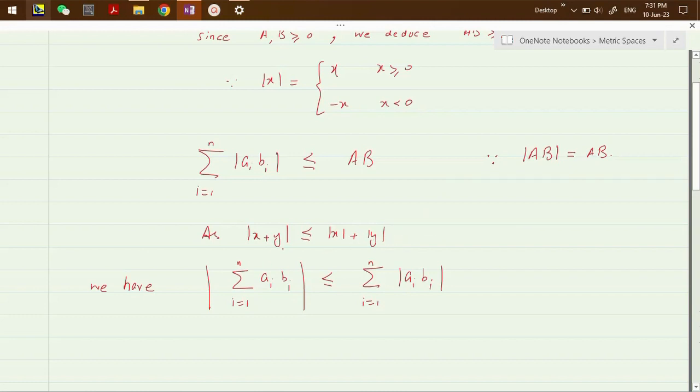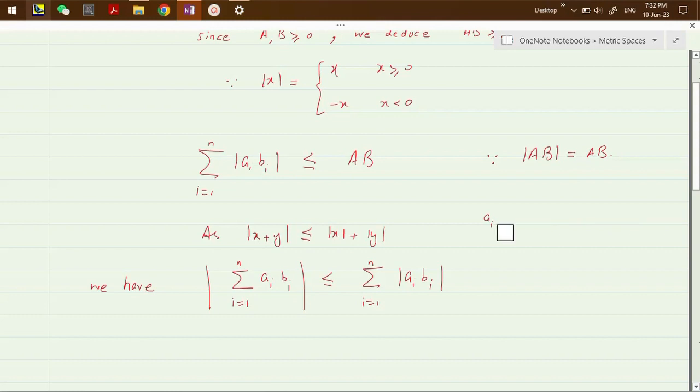So we have mod of summation ai bi less than or equal to summation i from 1 to n mod of ai bi, because